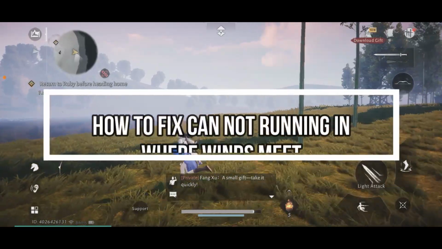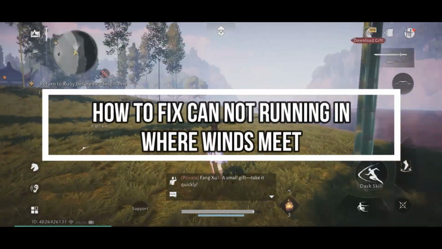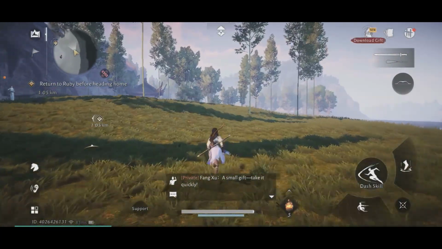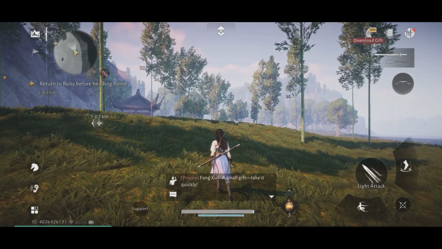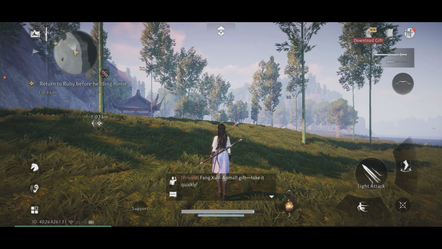I'm going to be showing you how to fix Where Winds Meet not running on your mobile. It's really easy, so let's get right into it. Here are the common fixes if Where Winds Meet isn't working on your mobile, or isn't running, loading, or